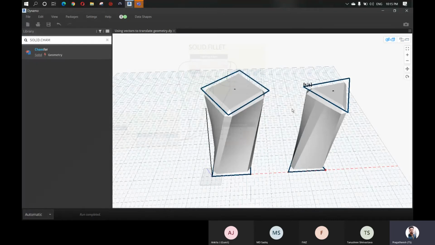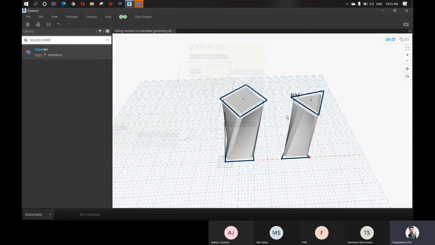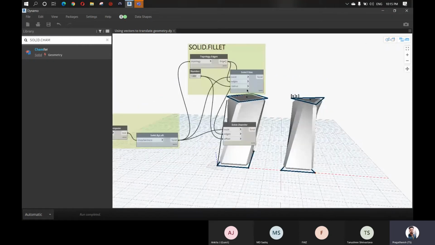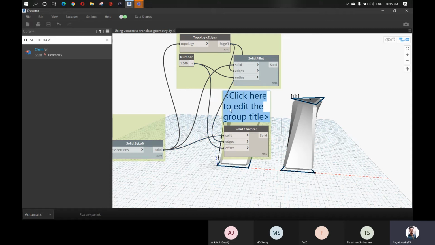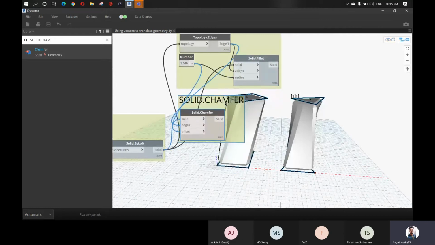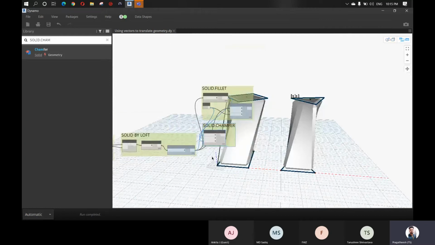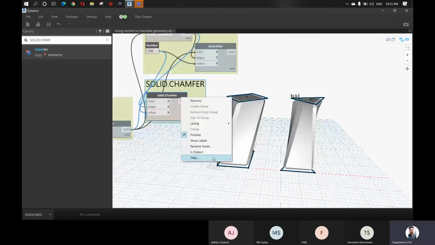Okay, so now let's say that we need both of the solids to intersect. Okay, so for that, first let me put this solid. Okay, we can hide this as well.